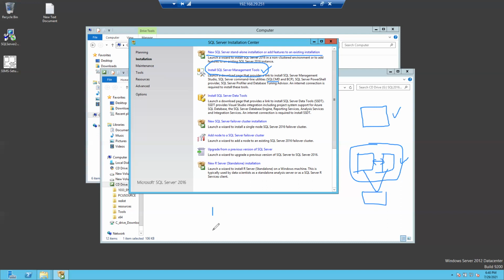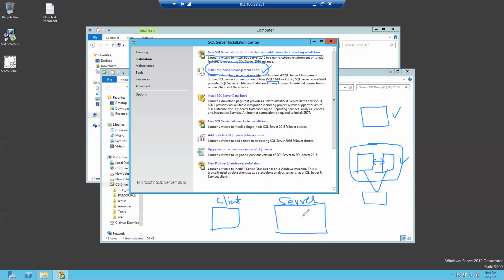See, generally in a client-server architecture, this is our server. This is our client machine. How can we connect from the client machine to the server?